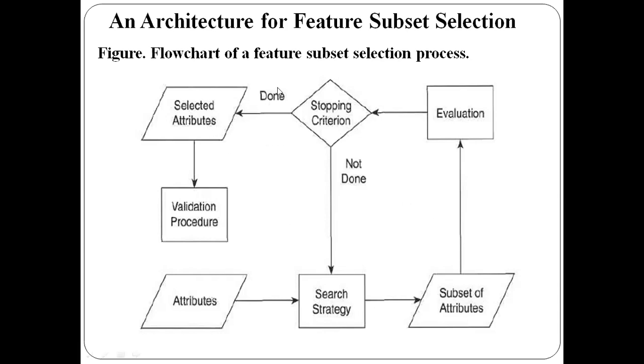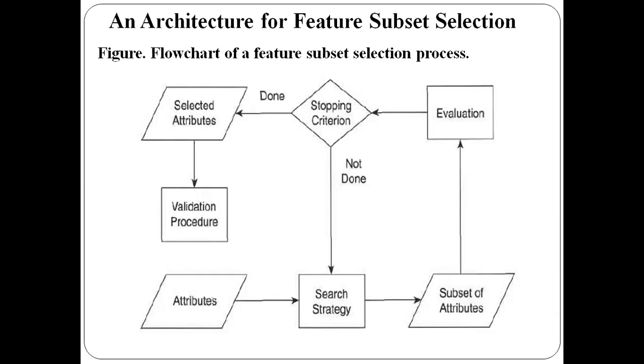In the second method, we run the feature subset selection algorithms on the attributes and choose subsets of attributes, for example 3 features, 4 features, 5 features, like that. We run the target data mining algorithm on each of these subsets of features, and we choose the subset of features which has got the good result. That will be chosen as the best subset of features.